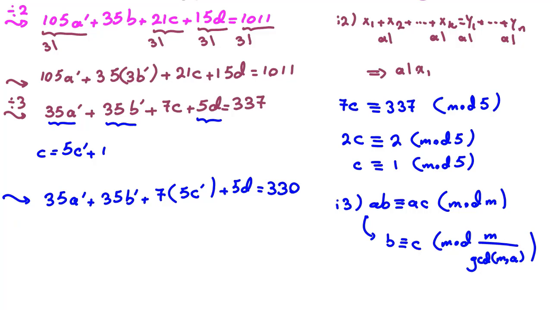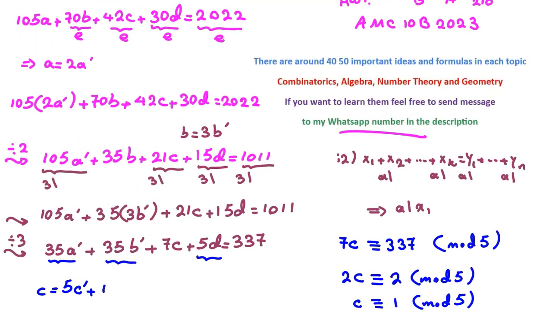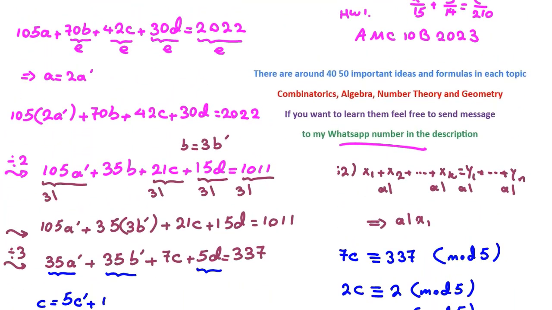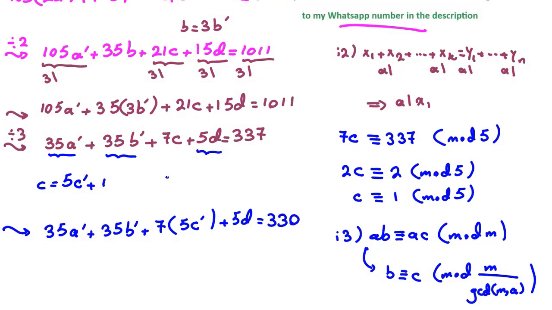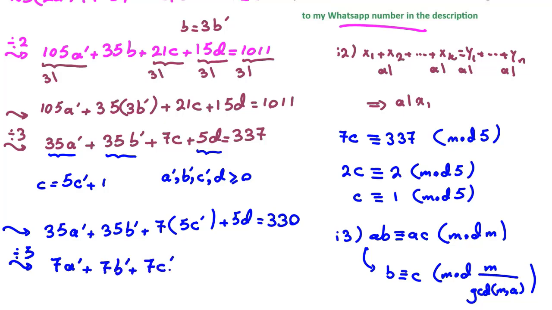Okay, and in all parts we can say by the definition we know A, B, C, D are greater than or equal to 0, so A prime, B prime, C prime, and D are greater than or equal to 0. Now we can divide both sides by 5. It will be 7A prime plus 7B prime plus 7C prime plus D equals, you should divide it by 5,